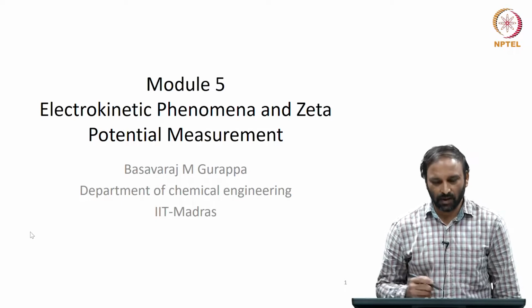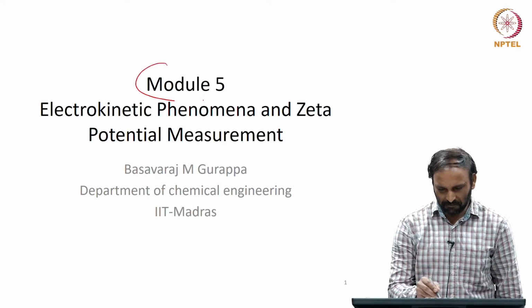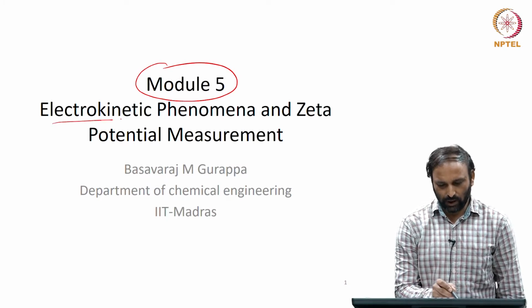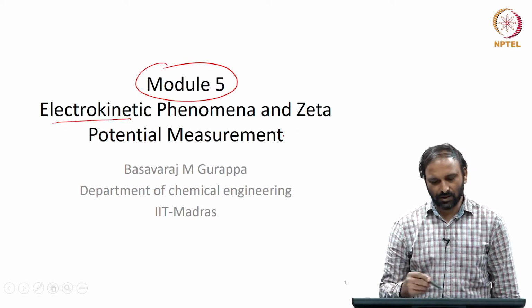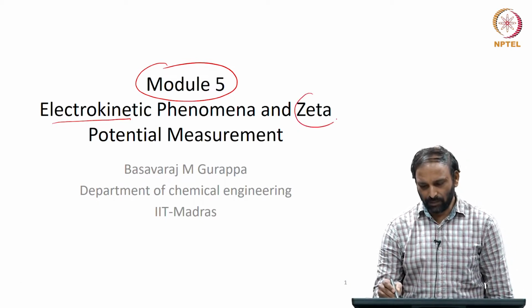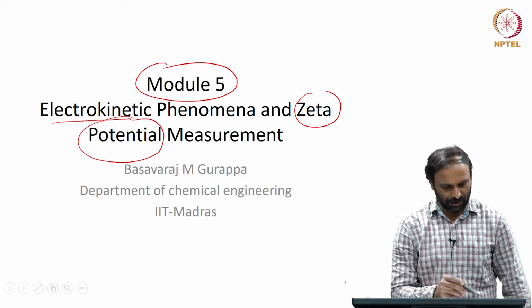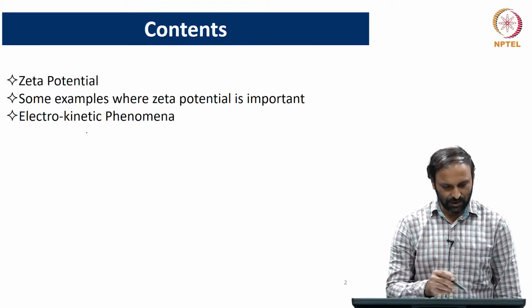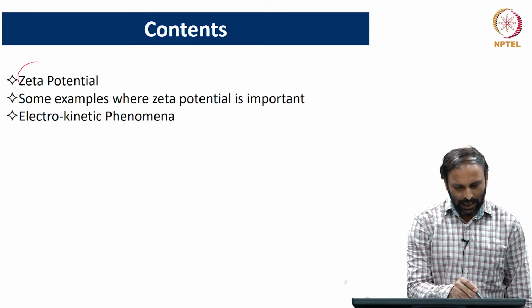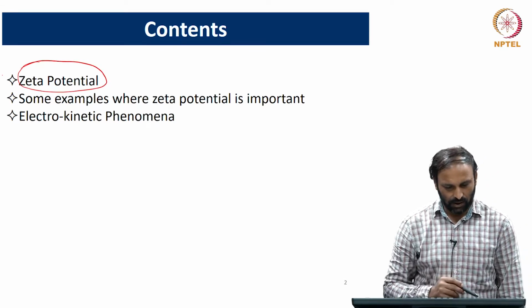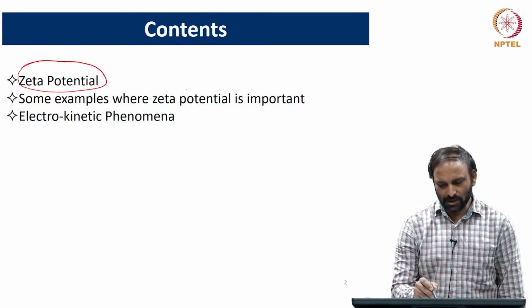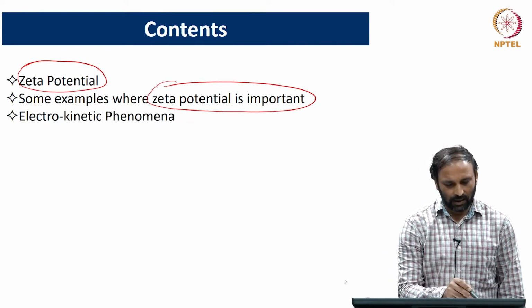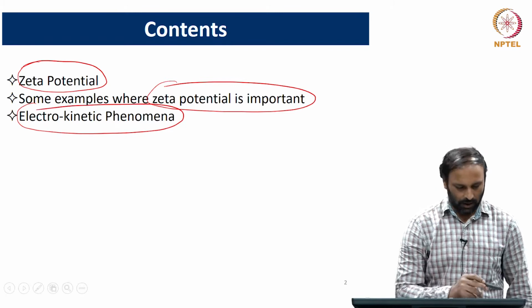Okay, so we'll look at a new module, module 5, in which we're going to discuss what are called electrokinetic phenomena, which is a useful tool for measuring what is called zeta potential. So this is going to be the contents for this lecture. We'll briefly recap what zeta potential is, and we will look at some examples where zeta potential measurement becomes important, and I'll introduce electrokinetic phenomena in this